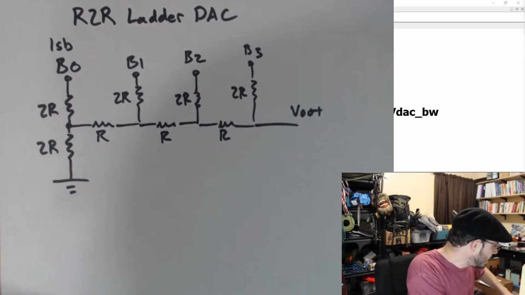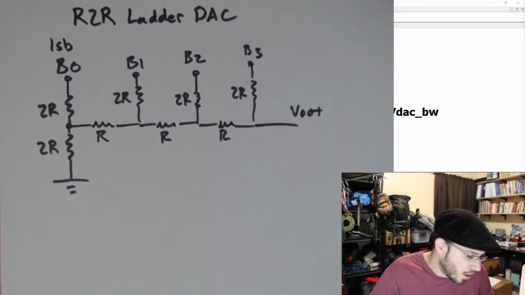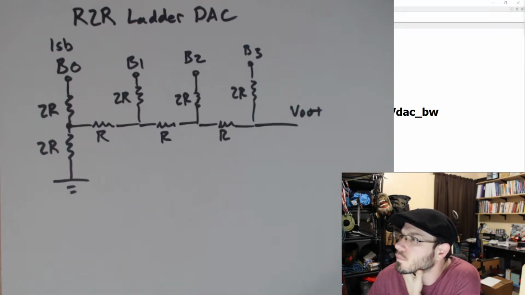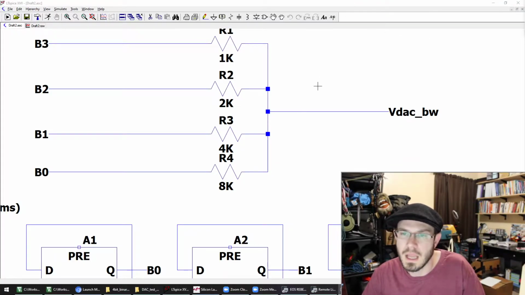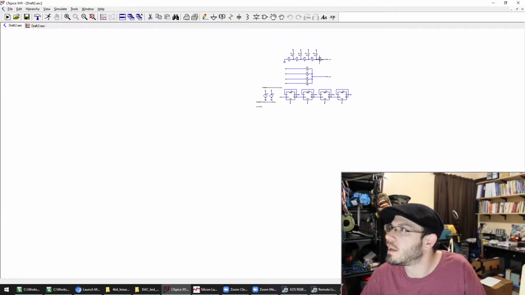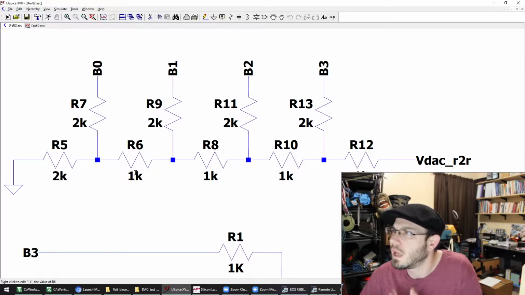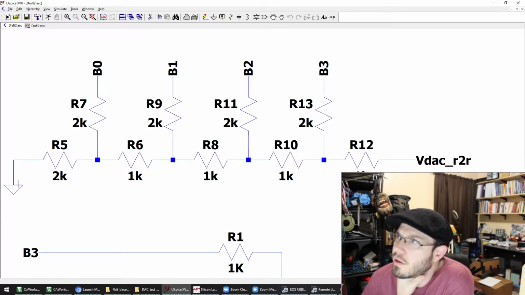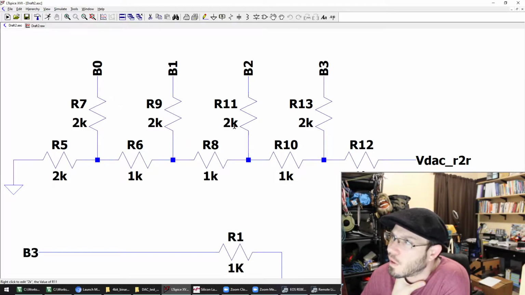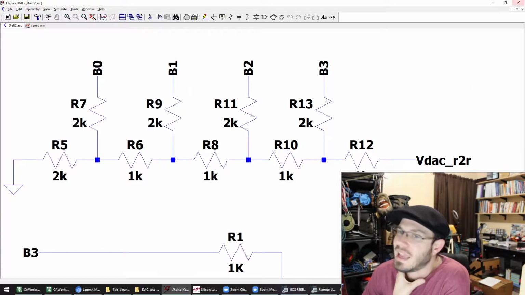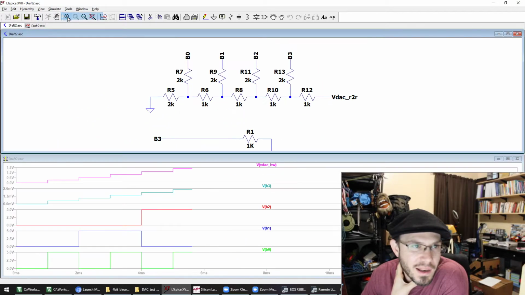Now, I've also done an R2R ladder DAC in my LTSpice simulation. And I did a 4-bit over here as well. And notice the same thing over here, ground on one side, my least significant bit here, a 2K, 2K, 1K, 2K, 1K, 2K, 1K, 2K, and so forth. And then I get my voltage out from the DAC. And if I go ahead and simulate and run this,